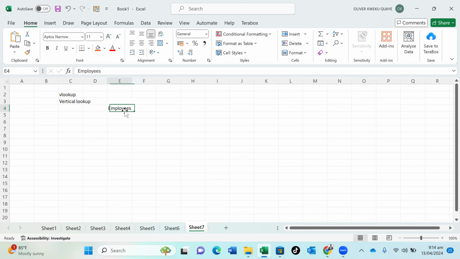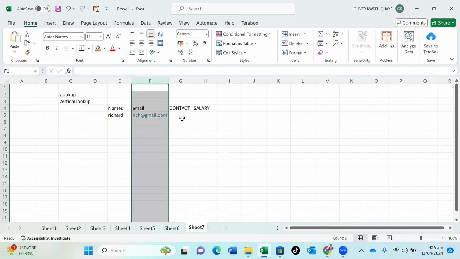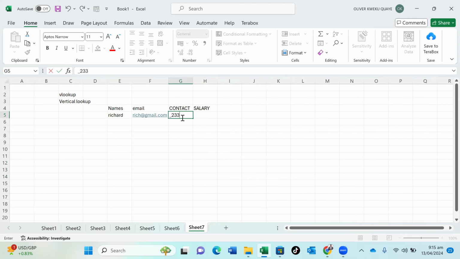Now that's name, right? So the employees, I'm looking at their names. I'm looking at their email. I'm looking at their contact. And I'm looking at their salary. So here I'm looking at Richard. I'm looking at his email, richard@gmail.com or rich@gmail.com. I'm looking at his contact, +233